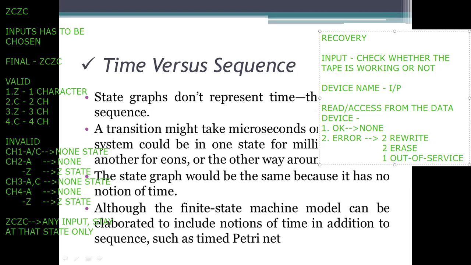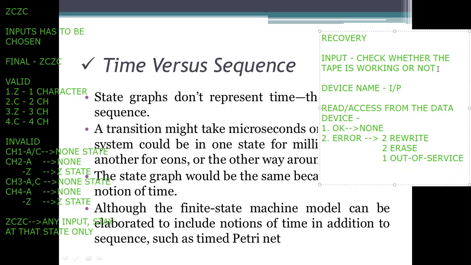So when reading, that is accessing the data, has been done from this device, if it is okay, we won't perform any action. And if it is an error, we perform 2 rewrites, 2 erases, and then 1 out of service, based on the state where we are residing.